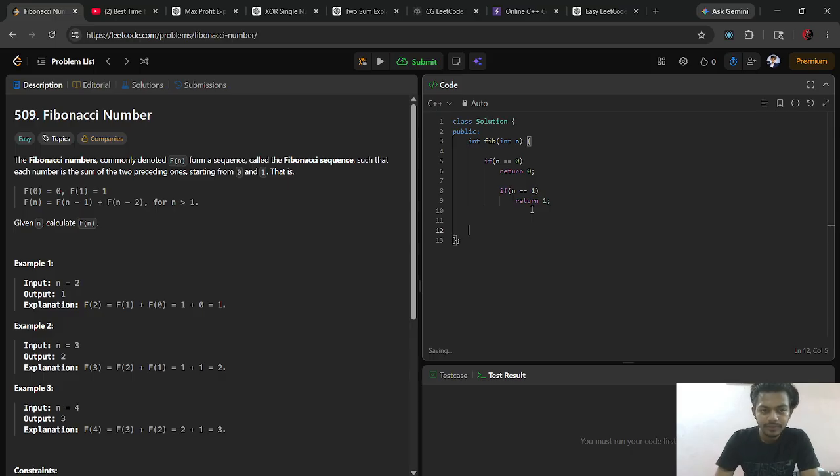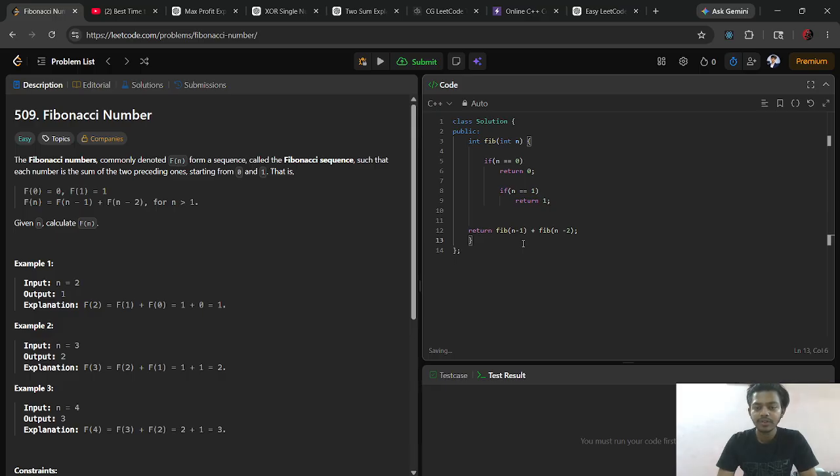Now just return Fibonacci of n minus 1 plus Fibonacci of n minus 2.